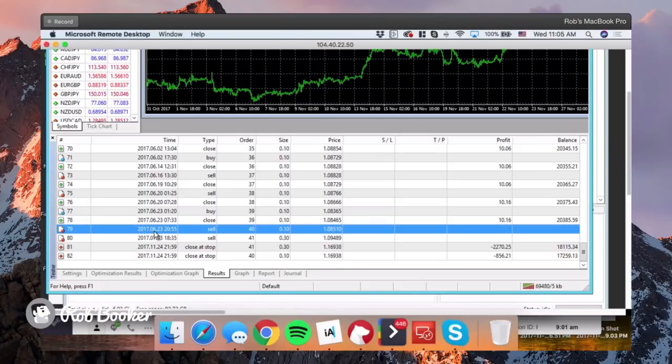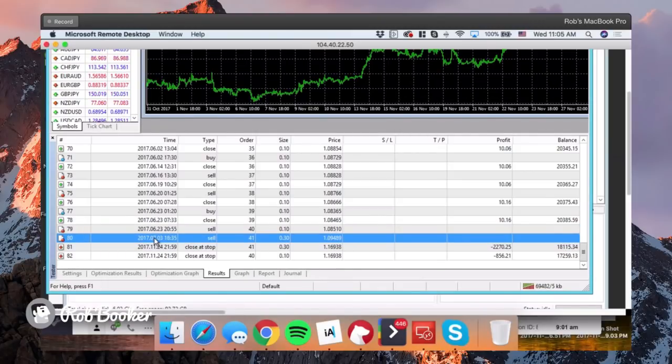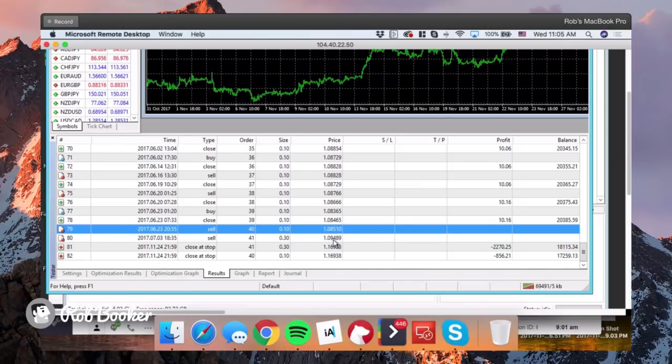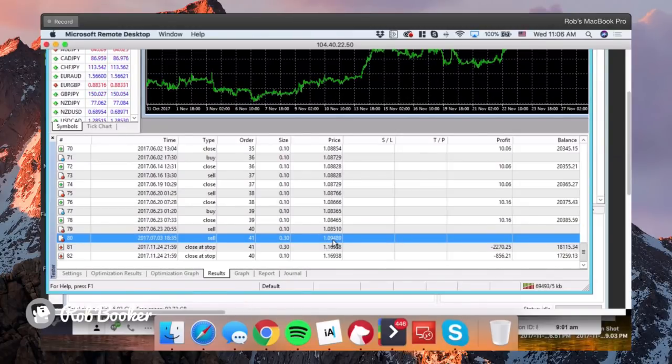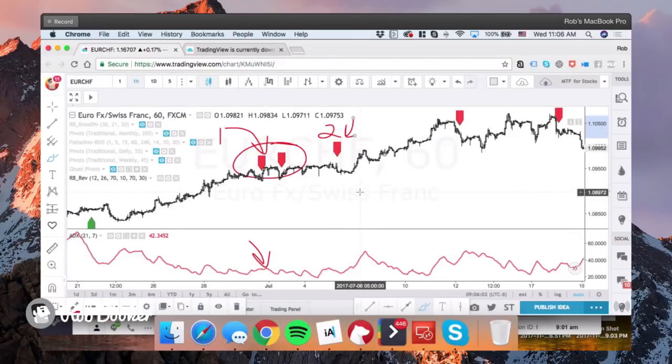It looks like in June and July of 2017, we took some trades. And it looks like those trades were opened at 1.0851, 1.0948, and they never came back. We'll jump over here to the charts, and I'll show you these trades. I had this chart up for a reason. TradingView went down earlier, but I was able to pop up on my screen everything I needed before we started